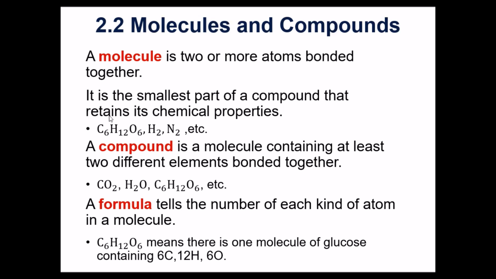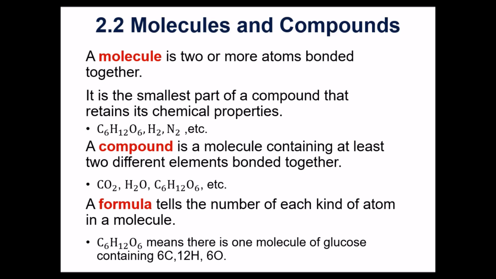And so these are all molecules here. Glucose is a molecule, hydrogen bonded to itself is a molecule, nitrogen bonded to itself, oxygen bonded to itself. That's called diatomic, has 2 atoms. These are all molecules, but they're not all compounds, mainly because hydrogen and nitrogen bonded together only have 1 element represented there. So to be a compound, you have to have at least 2 different elements put together. So even though there's a little overlap in the definitions, there are some things that distinguish it.